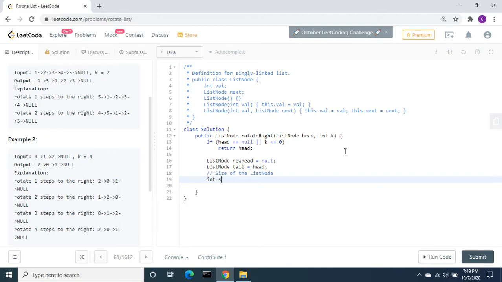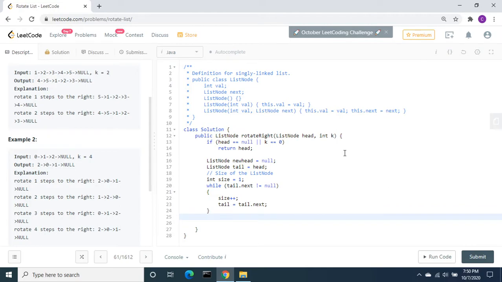Let's declare one variable to store the size, and because head is pointing to the first node, let's put the size as 1 by default. While tail.next not equal to null, we increase the size by 1 and tail equal to tail.next. This will take care of finding the size of the list.